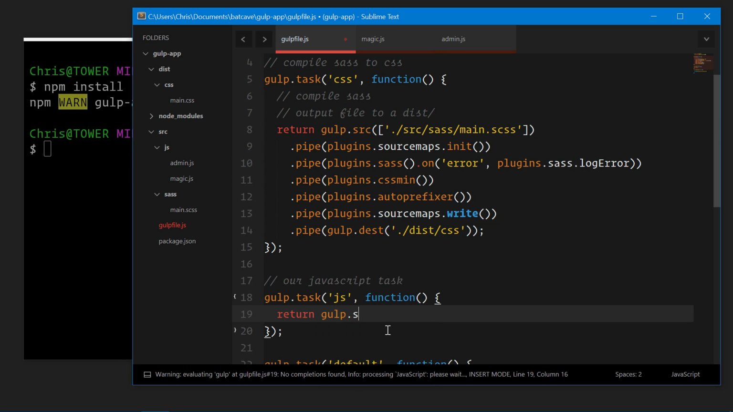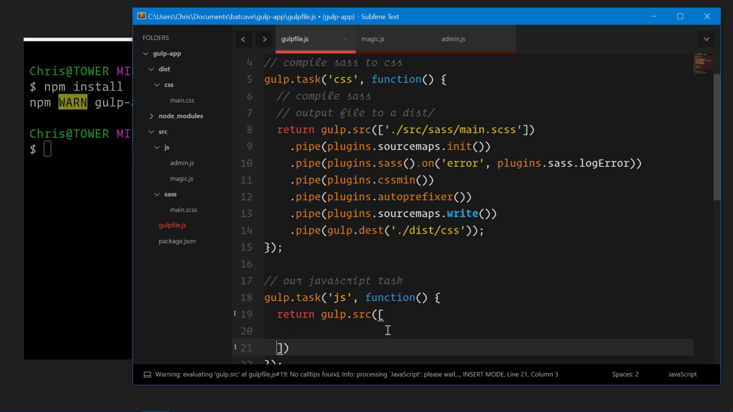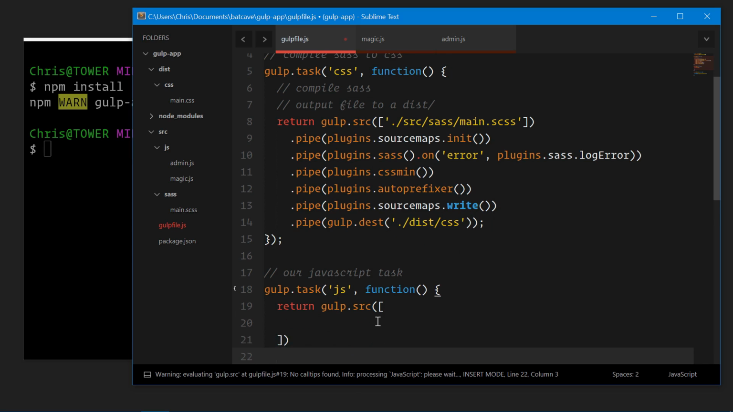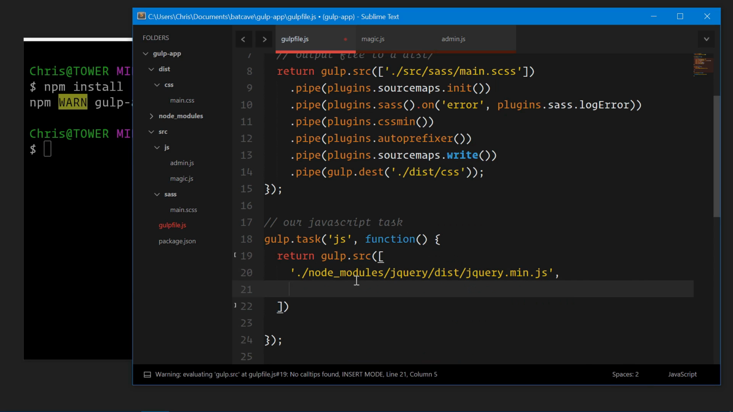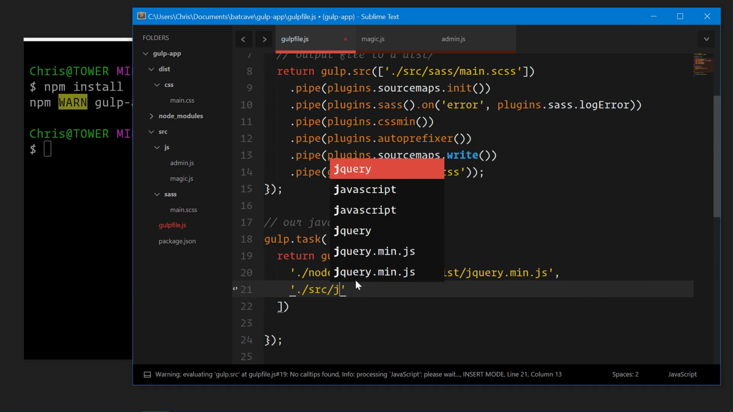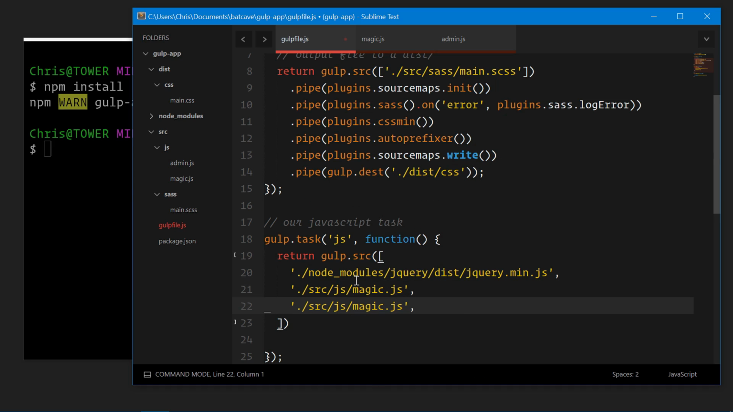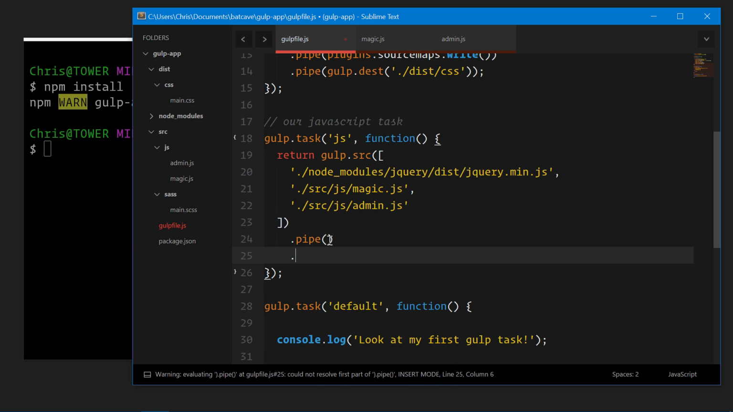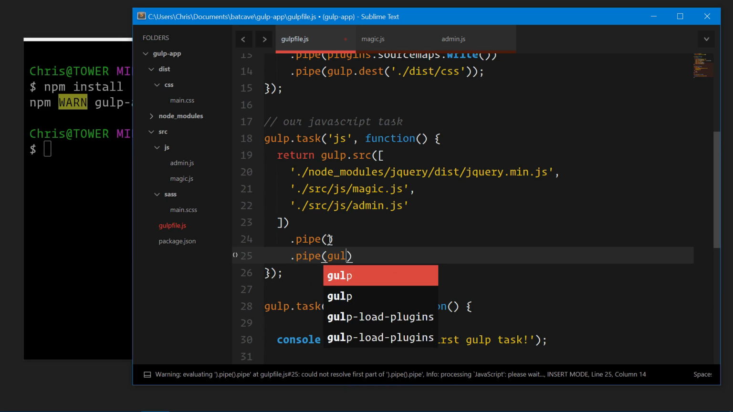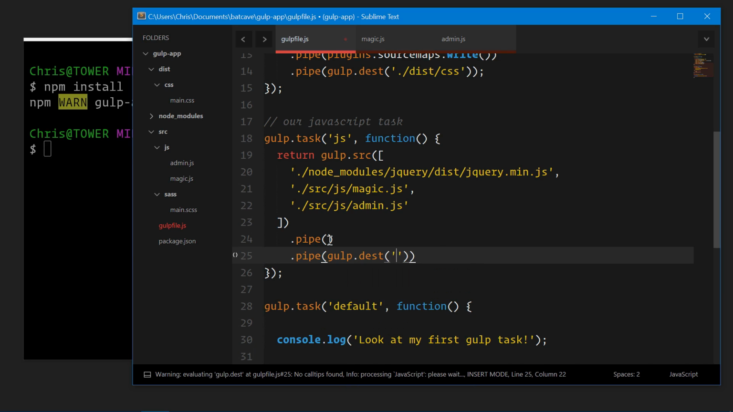Here we'll run gulp.src, and I'll do this on multiple lines since we have more than one file that we're going to use. We're going to do node_modules, jquery, dist, jquery.min.js, and then bring in the 2 files that we just created. Now we don't have any plugins to pipe this to yet, but we'll hold that there, and we can pipe to our destination, which we know is going to be gulp.dest,